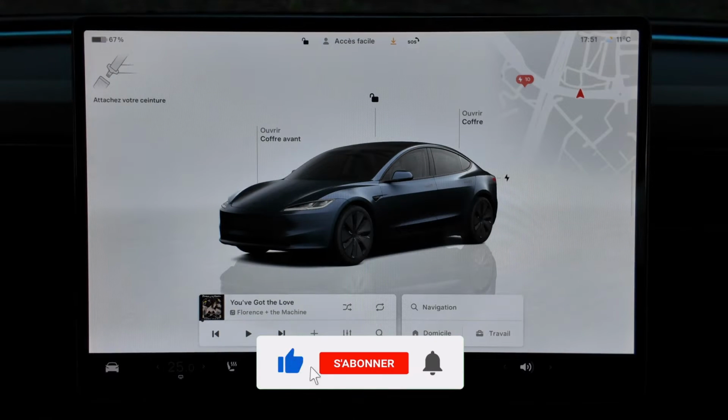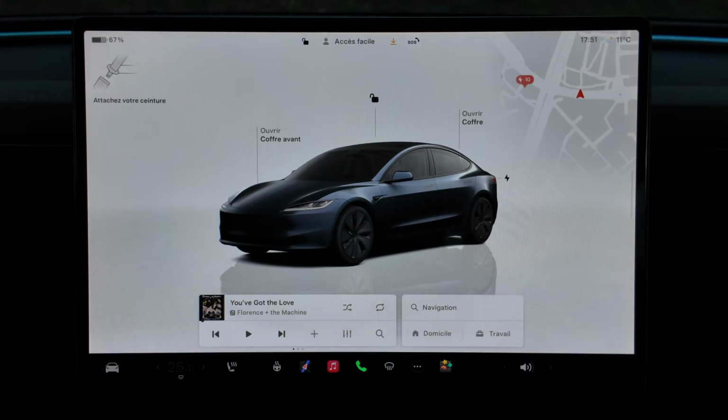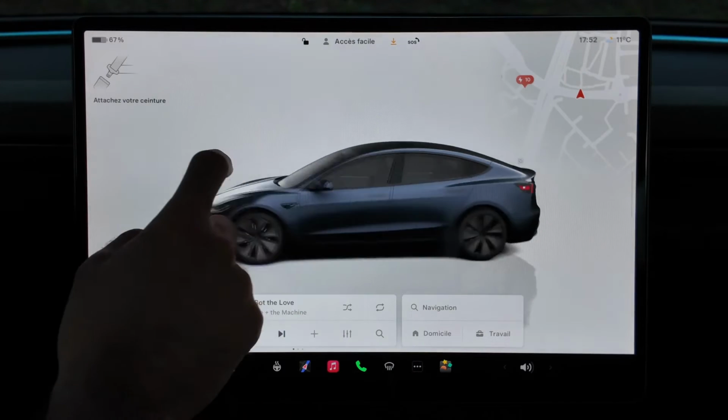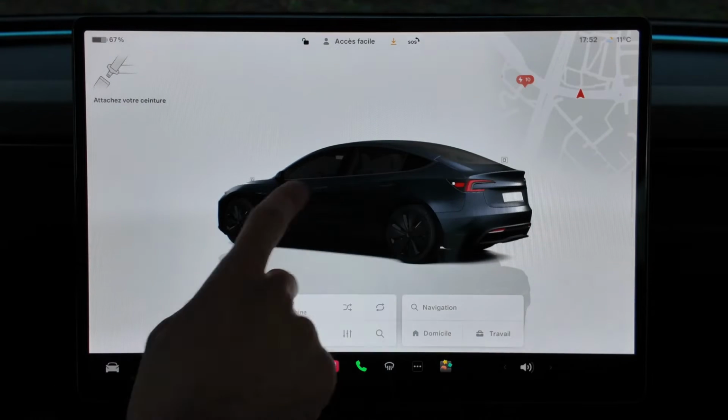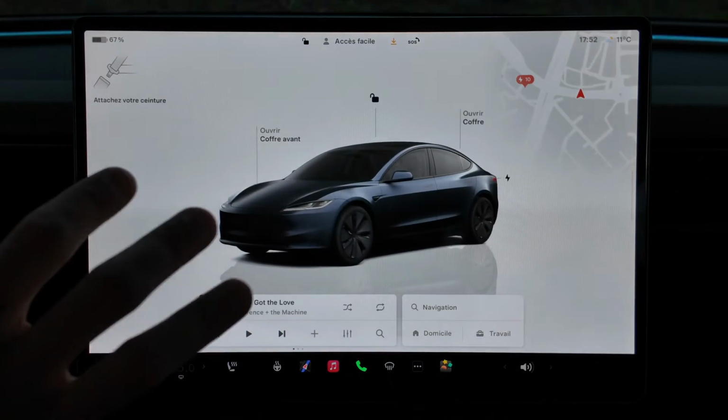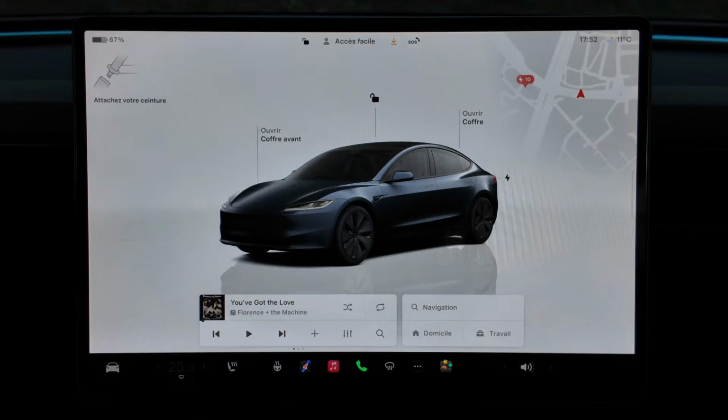To start, you can see that we have a screen that's at least 15 inches, maybe more, 15.4 inches to be exact, for the new Tesla Model 3 that I'm sitting in. So this is the home page where you can see the car. Indeed, you can move it around, you can view it from all angles, and actually you can control several things. You'll see that here it's going to return to its original position.